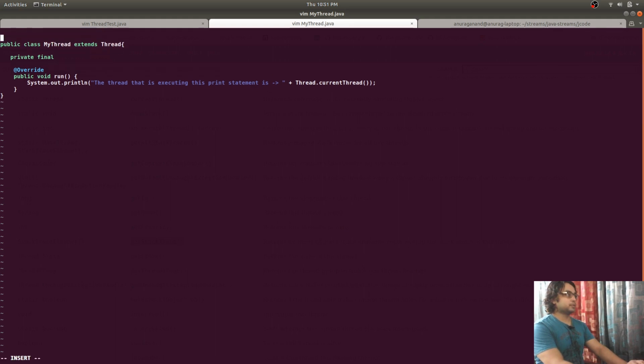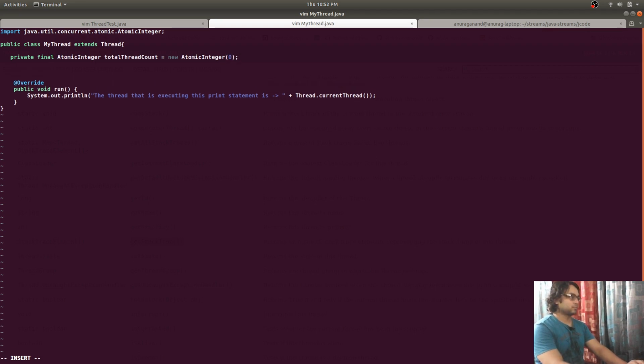I think I will have to import this class. And we can also limit the usage of constructors, so that only this constructor can be used to create these threads.